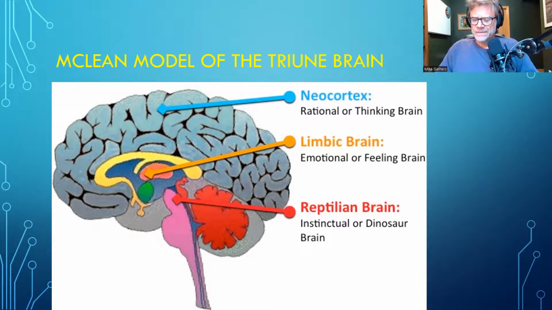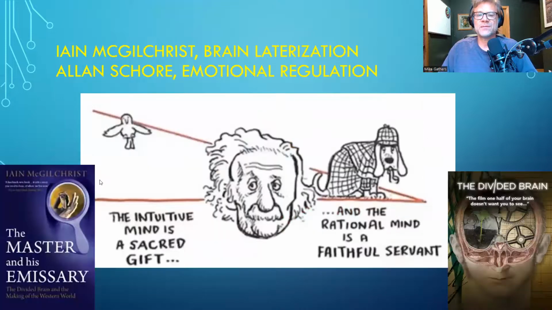And it still is today. Psychology is really slow and archaic in the way it changes. It's crazy. People hold on to their ideas. But anyway, a guy has come around now, Iain McGilchrist, and he has a wonderful book on brain lateralization called The Master and His Emissary. There's also a film on this called The Divided Brain that I believe you can get through Amazon. I haven't watched it,